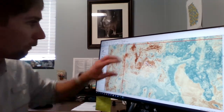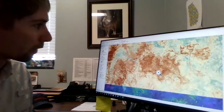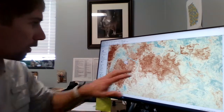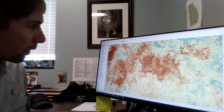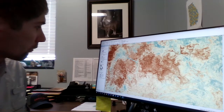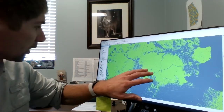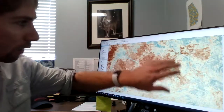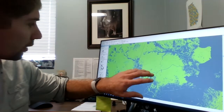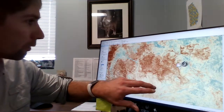But if you can envision this part that we know is in that Park Valley area, and we know is actually pretty good habitat. It's a lot of sagebrush. Look at that when we have, say, this riparian corridor through here, and compare that. We're generally capturing the same quality of stuff, right? This is all sagebrush here. But the difference is now we know that this pixel right here